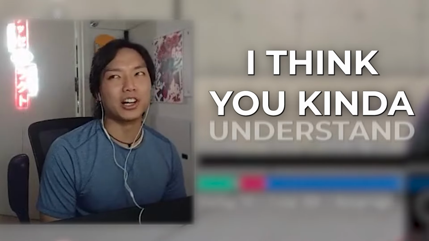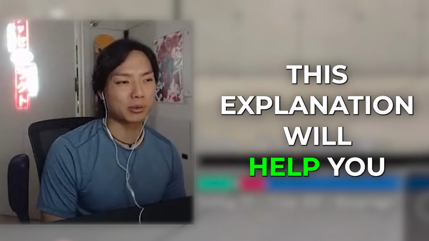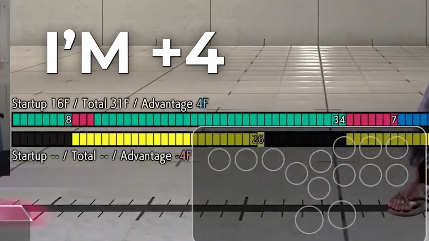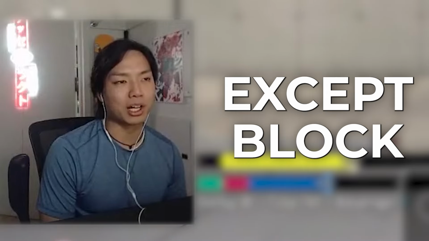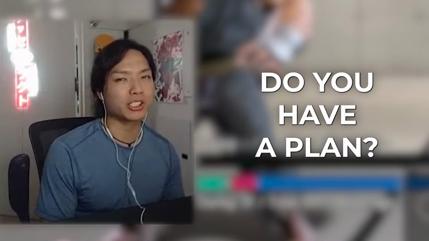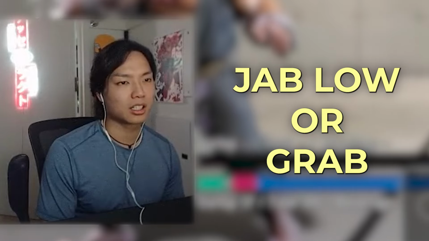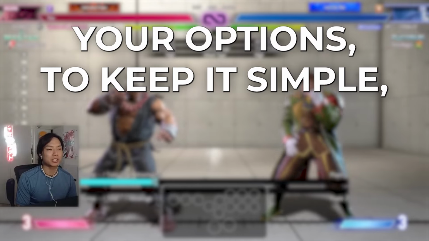I think you kind of understand it, but maybe this explanation will help you understand it a little better. So like, if I hit you with this on block, I'm +4, so if I jab, it'll hit you if you do anything except block. What do you usually do when you're plus? Do you kind of have a plan of what to do when you're plus? I usually either jab low or grab. Your options, I think, to keep it simple, should be...